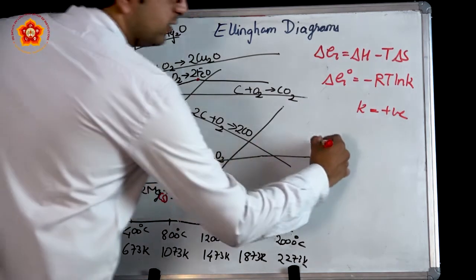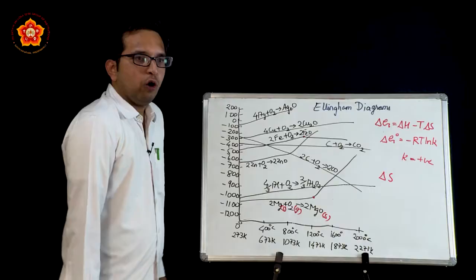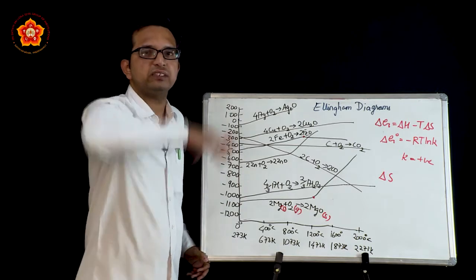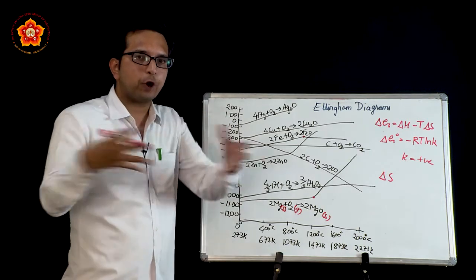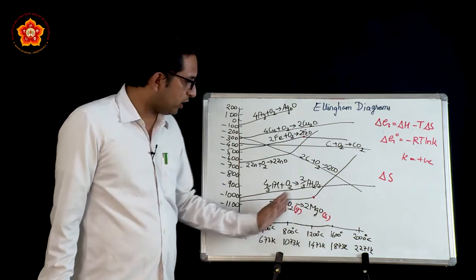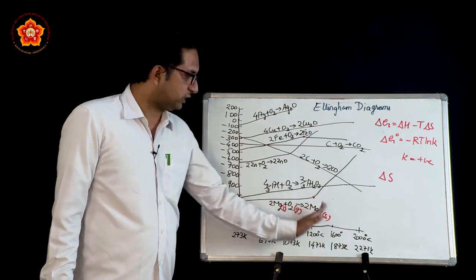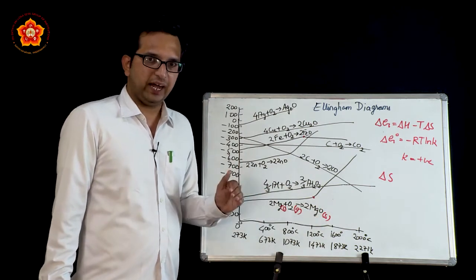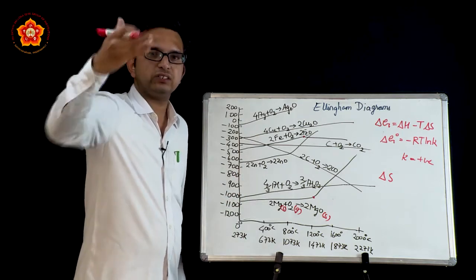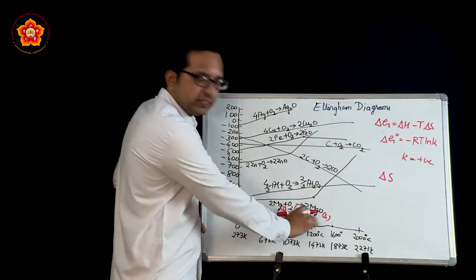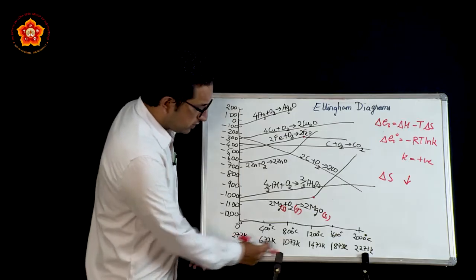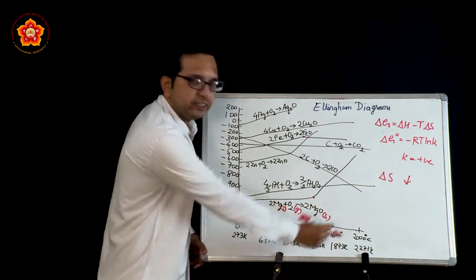And we also studied the entropy conditions. When gases are there, the entropy is very high because gases have randomness, whereas solids are properly placed with each other. So in this case, the reaction is going from a randomness to a stability state, which means that the entropy value is slowly decreasing. Positive value for gases, negative value for solids. So in this reaction, the entropy value is slowly decreasing. And remember, what is this x-axis? It is an increase in temperature.